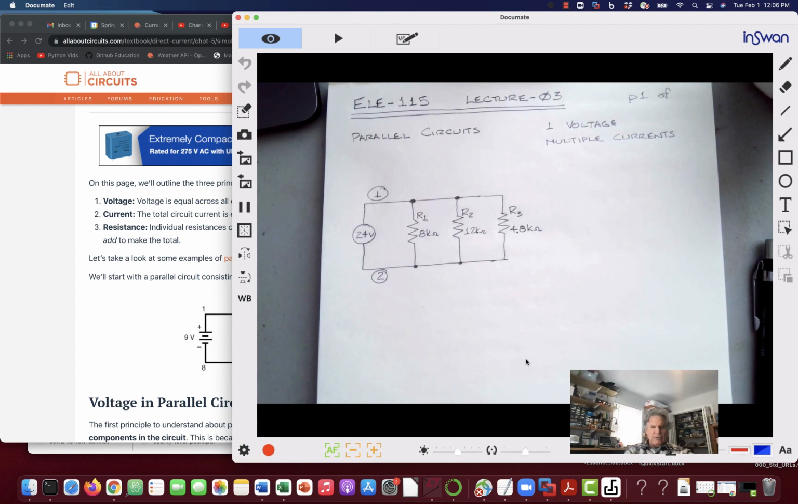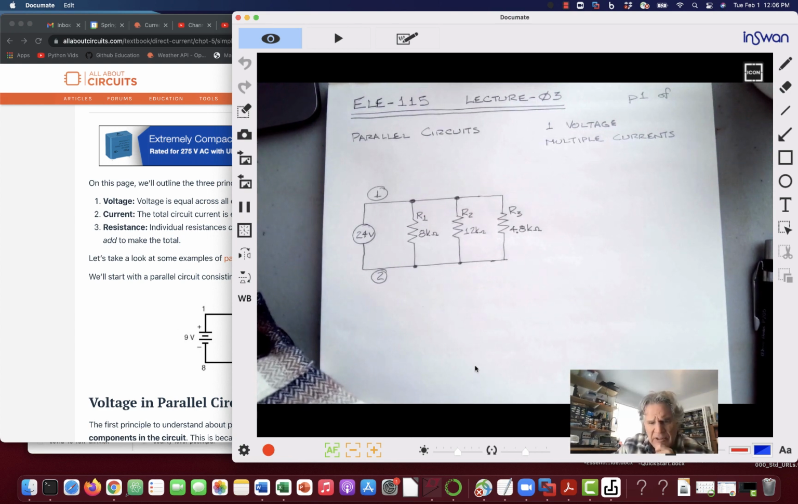So let's take a look at a circuit here and go through parallel. We did series last time, series resistive circuits. Let's do parallel resistive circuits. And again, we're reviewing materials. So